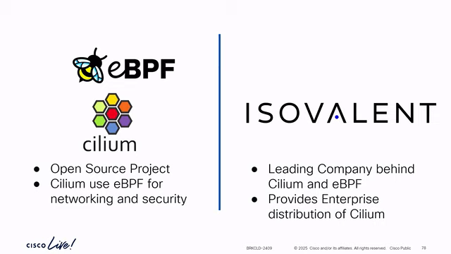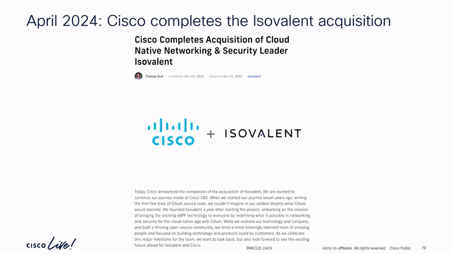So Cilium is an open source project. It's owned by the CNCF, which is like the Linux Foundation for Kubernetes. It uses something called eBPF. Maybe search eBPF into the kernel, or there's a really great YouTube documentary, about 30 minutes, explaining what it is. Isovalent are the company behind Cilium and eBPF, and they provide the enterprise distribution. So support, some additional functionality that's very critical for running kind of workloads at scale in more complex environments. And Cisco purchased Isovalent, maybe some of you saw it in the news last year.